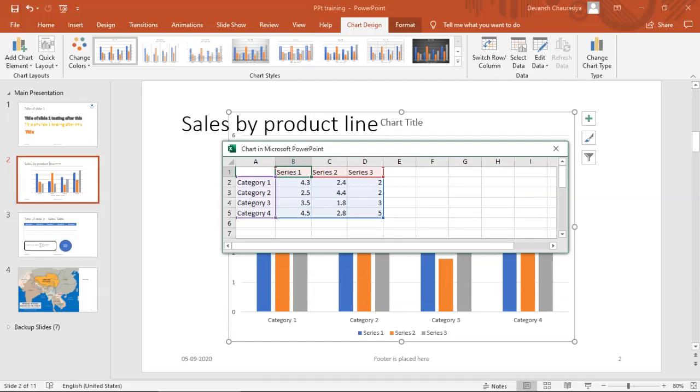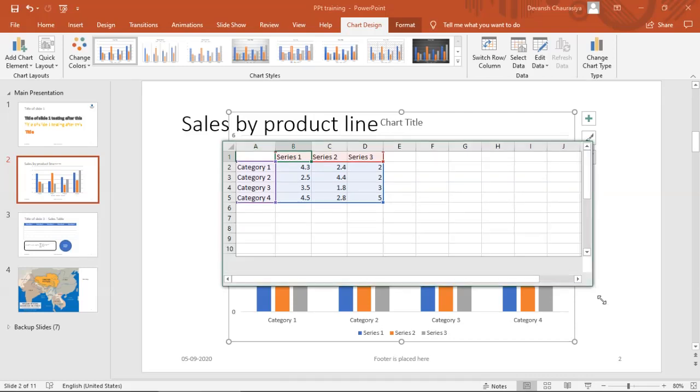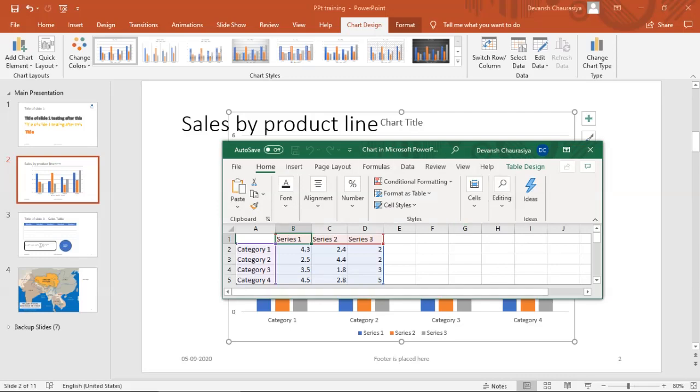Now I don't want this dummy data, right? And remember, all the charts in PPT are actually based on Excel itself. That is why you see the data is keyed in on Excel. Let me increase the size. When you drag it, it will automatically change to Excel for you.